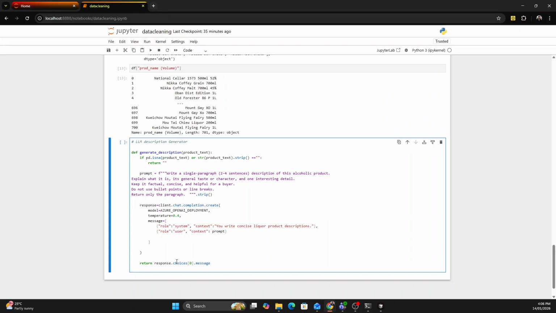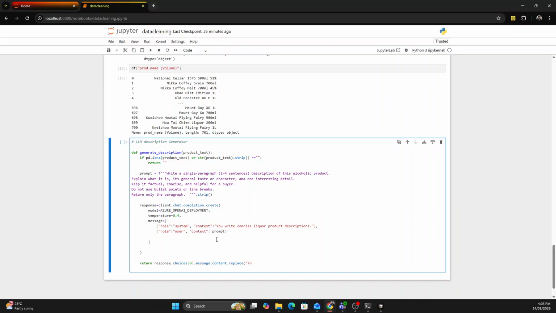Okay, it's choosing the first response dot, then message. We are taking only the message from the response, because the response will have so many things. We will only take the message, the generated message from the LLM. Then content, message content, then replace. So basically we are cleaning the response. Okay, so replace: the response might have values such as \n for the next line,